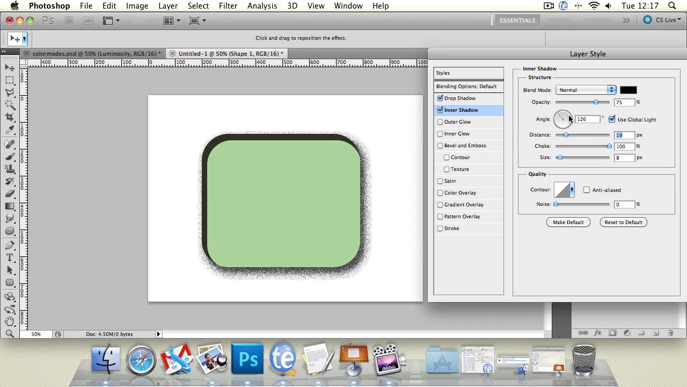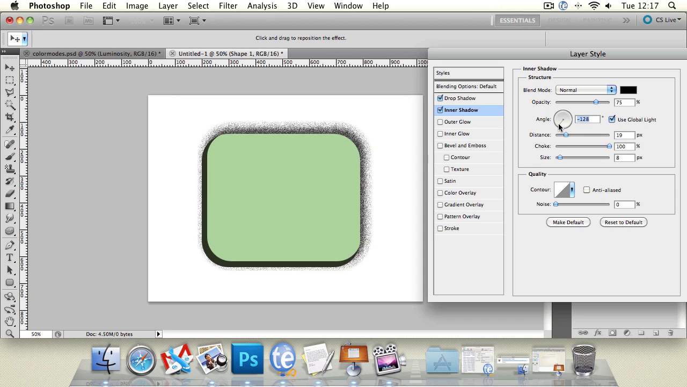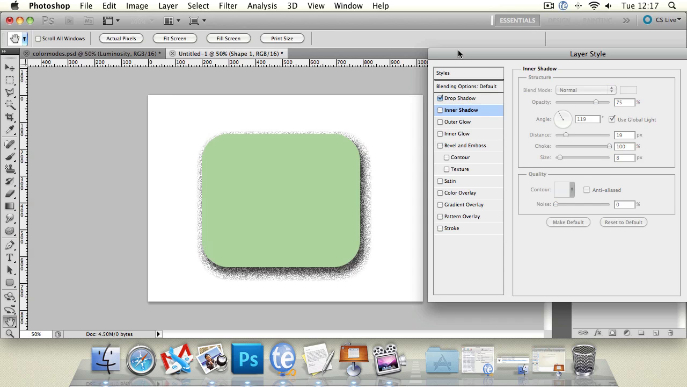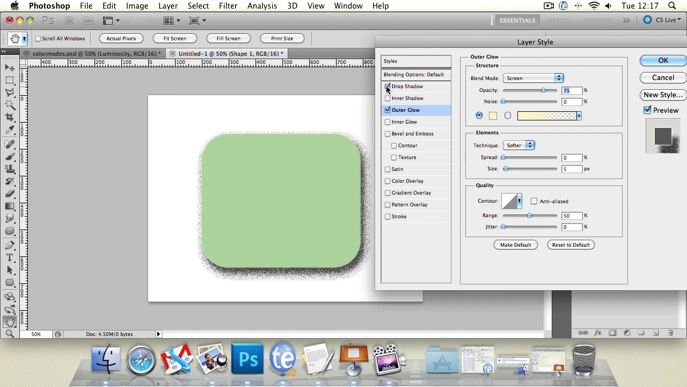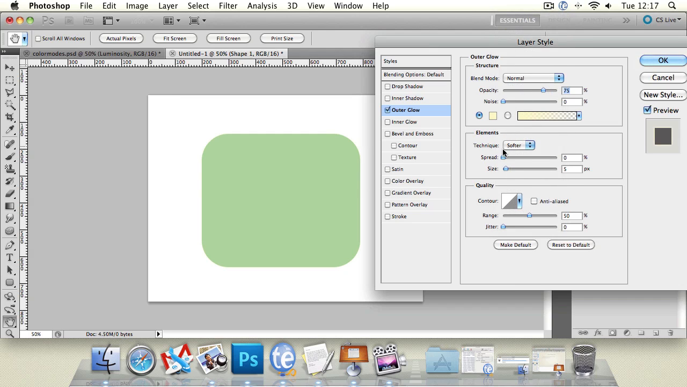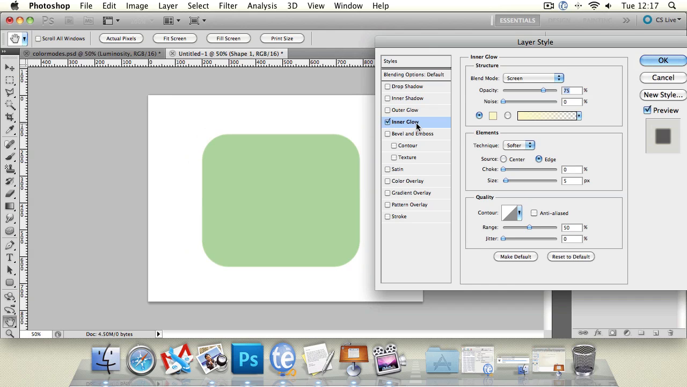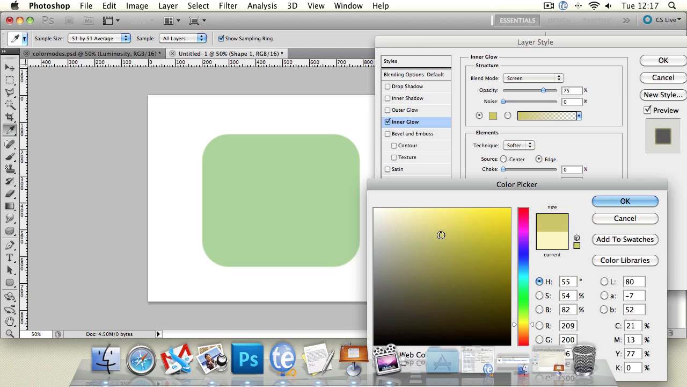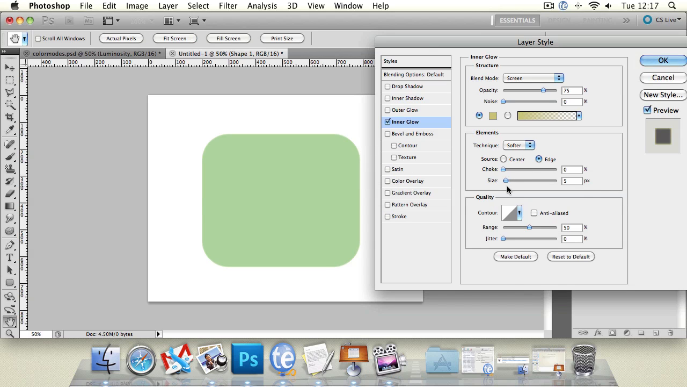But if you tick on global light, when you change this angle now, you'll notice all your other styles and effects are actually affected by that. Then we've got outer glow. Outer glow literally just applies a glow along the outer edge of our image. So here we've got a really light green glow. We can do the same, we can do an inner glow, changing the color simply by clicking on this option here and clicking onto that,